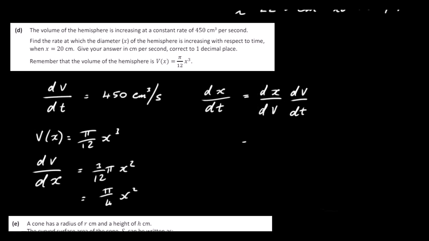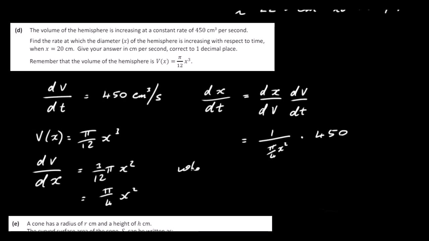So our answer then is going to be, remember we got to flip this upside down. This is pi x squared over 4. So we've got to flip that upside down. It's going to be 1 over pi over 4 x squared. Got to multiply that by 450. Okay, so that's our dx/dt, but what we've got to do is work that out when x is equal